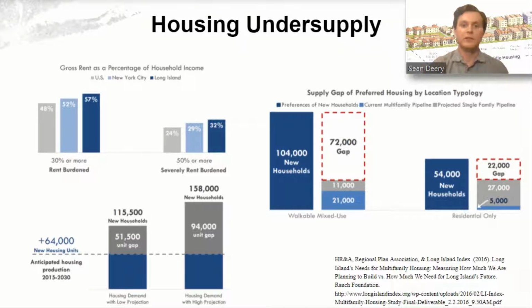Right now, 60% of Long Island residents see the lack of affordable housing as a serious problem. In 2020, Nassau County had 39% of households spending more than 30% of their income on housing, and Suffolk County had 41% of households meeting that criteria, some of the highest burdens in the nation.